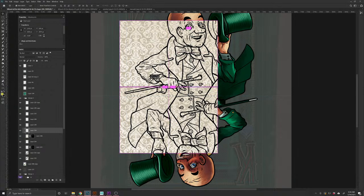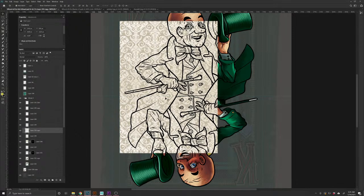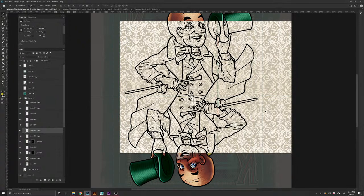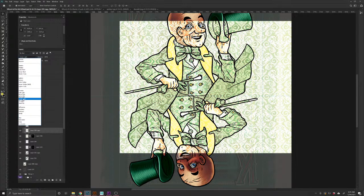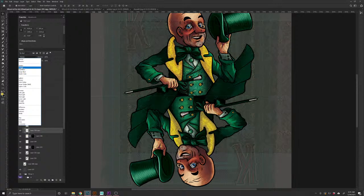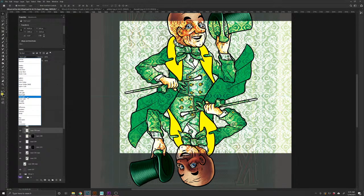Well, it's Bush League. They're not going to make the pattern repeating. That's lame. Well, that's no fun. Oh, that's nice. That's really nice. I like that a lot. Let's see here. Let's find one that works. I even like it on his lapel. I really like that vivid. But just...